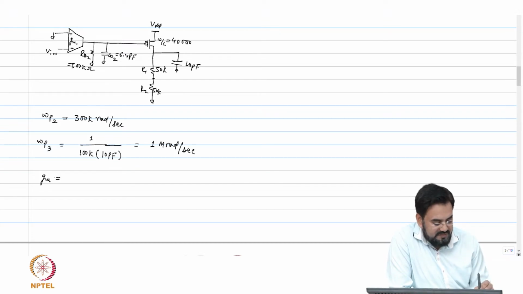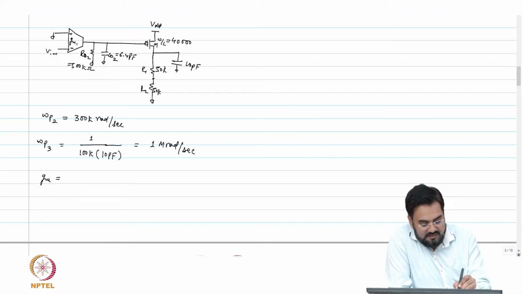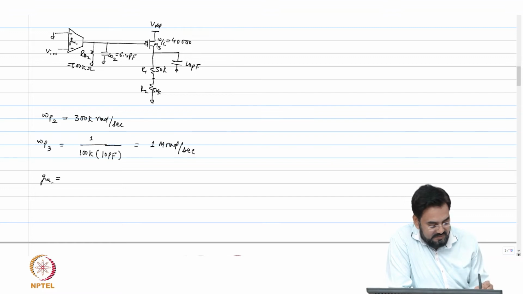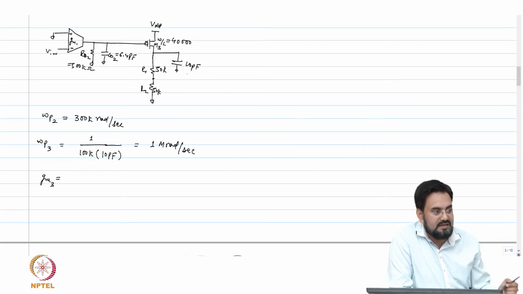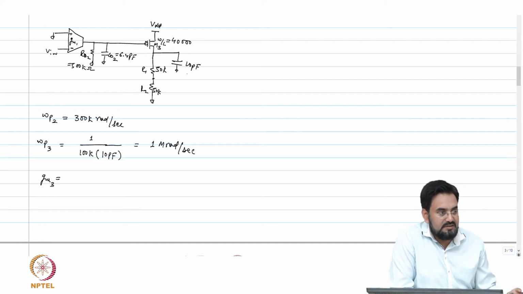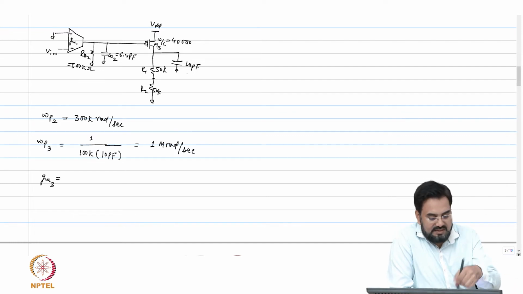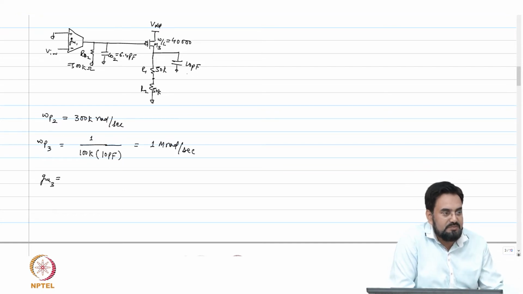So what was the formula for GM? Or if I call it M3, and this is GM1. For the current of 10 milliamp, we are calculating. Not 10 milliamp. Now what is the current? Your load current is 0. So what is the current here? V out divided by 100k. So 1.5 divided by 100k, 15 microamp.